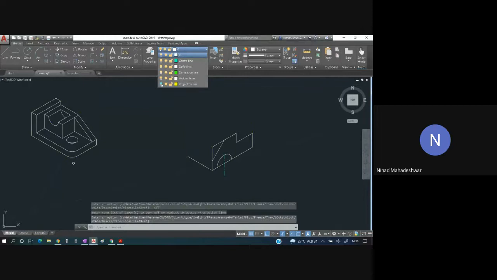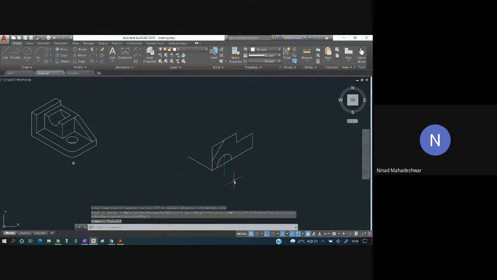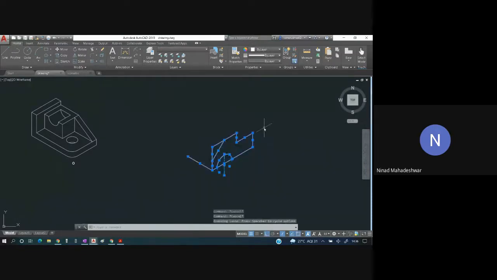I'll select the entire front view. Okay. And I'm going to copy this. Copy this from this end to this end. Okay, I have copied this, and this extra line should be deleted.